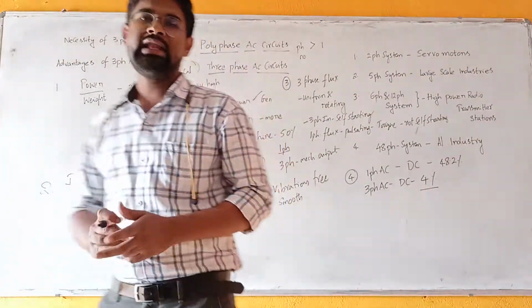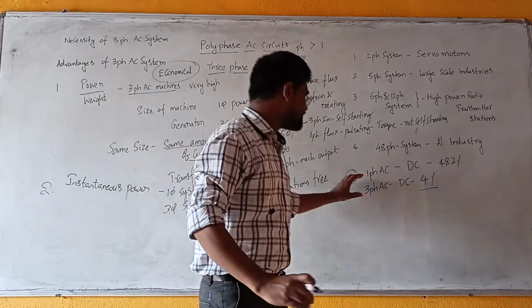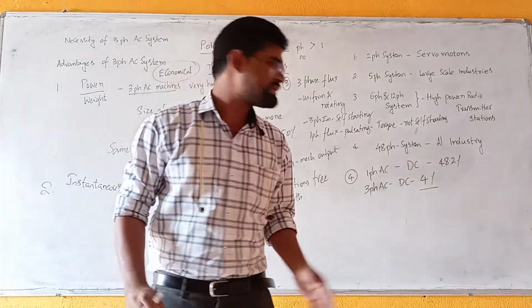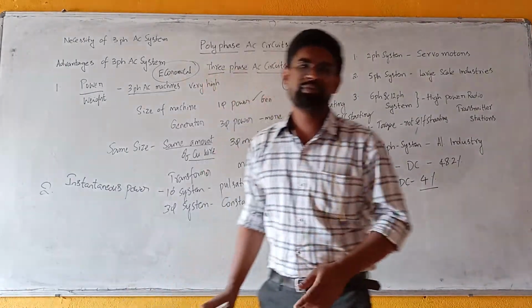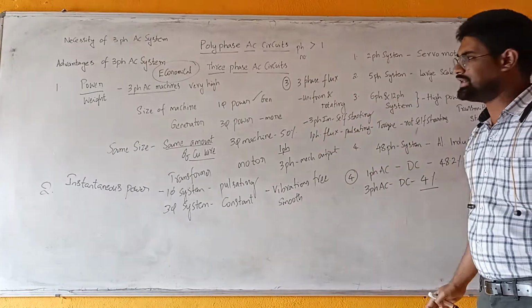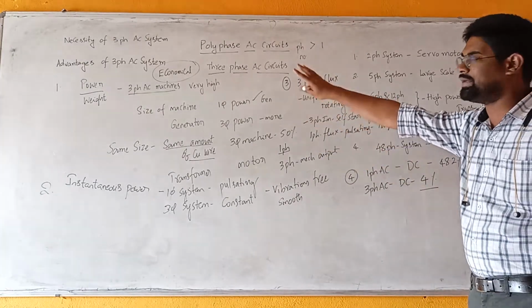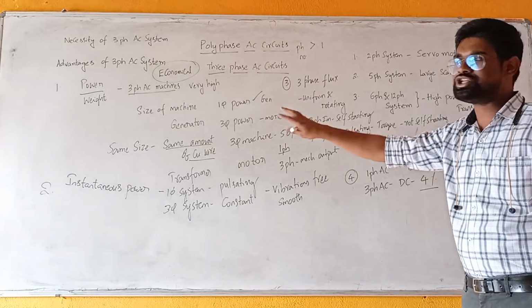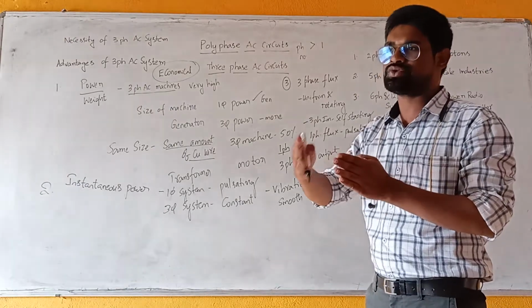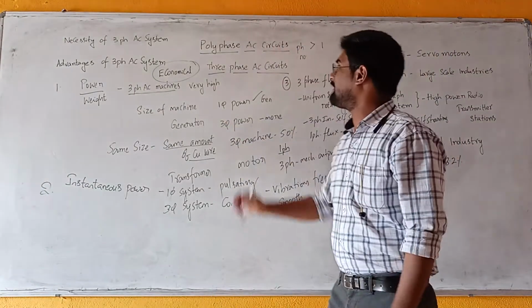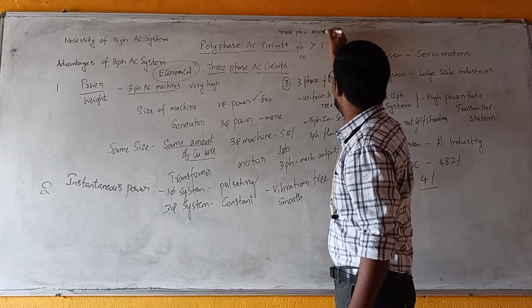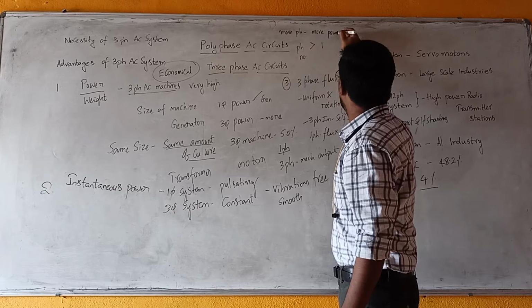From this analysis also, we can say 3-phase AC to DC conversion is superior compared with single phase AC to DC conversion. So now when we discuss all the points, we can say that the 3-phase system is economical, better in operation, efficient in operation. So what is the basic difference between single phase, 2-phase, 3-phase? We can write a simple point: more phase, more power. More number of phases involves more power.